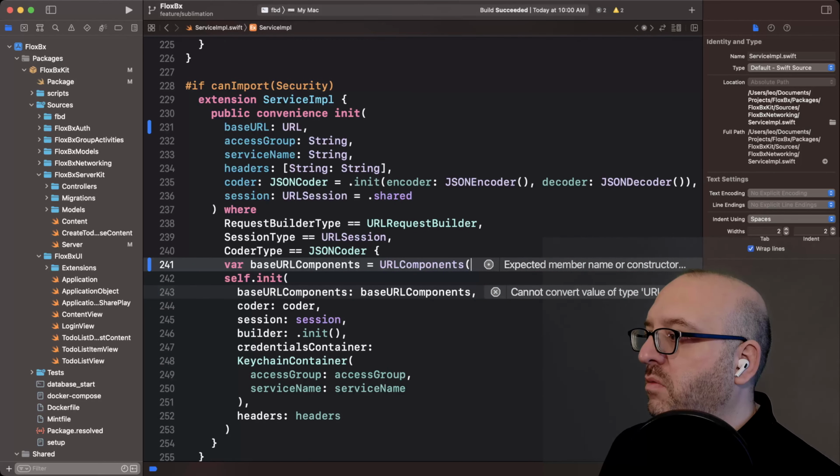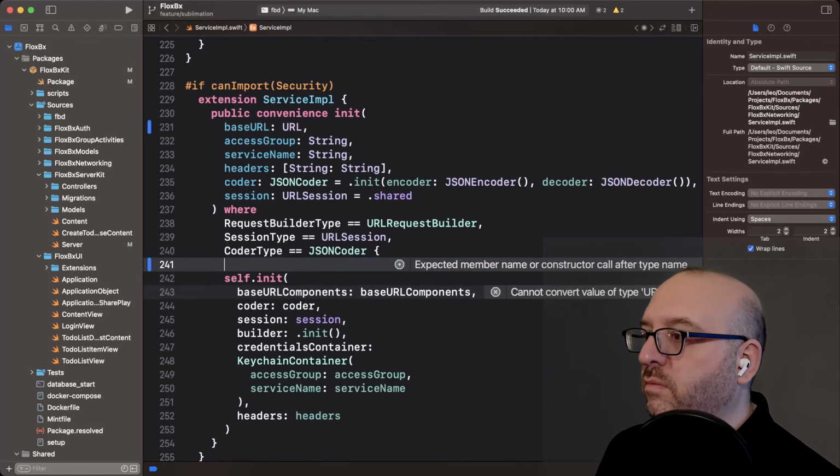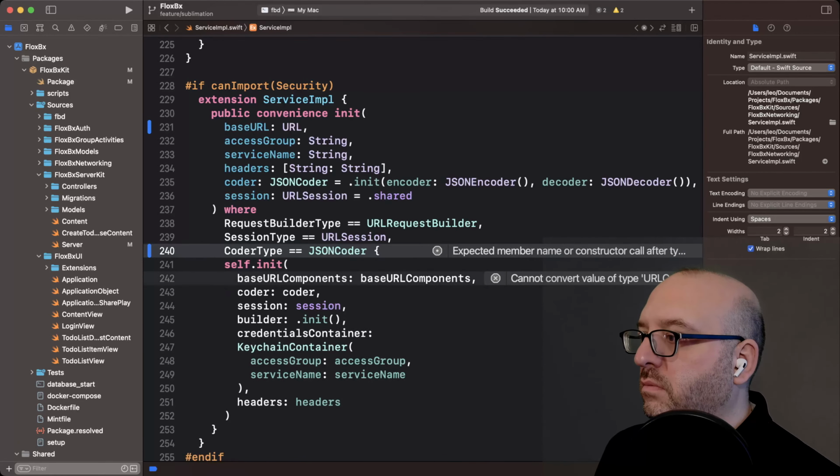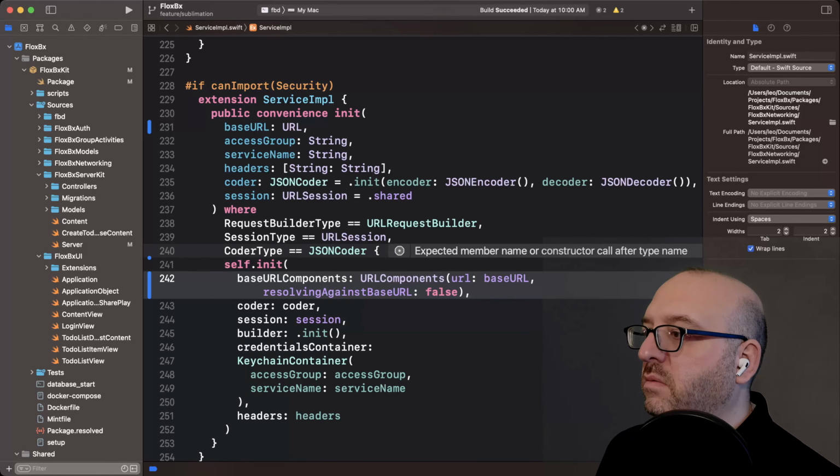Oh, good. URL. Perfect. And then that's going to be base URL. I think that's right. I'm just going to copy that over. Paste that in. Cool. And then